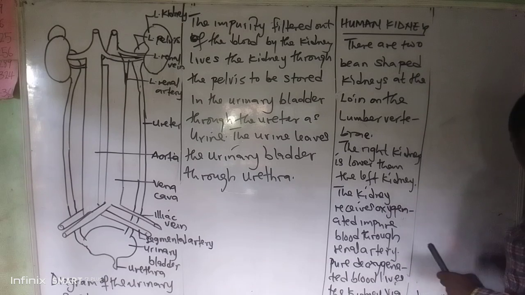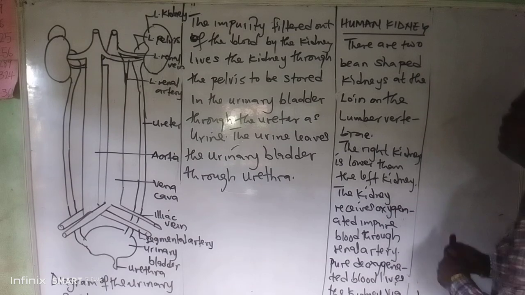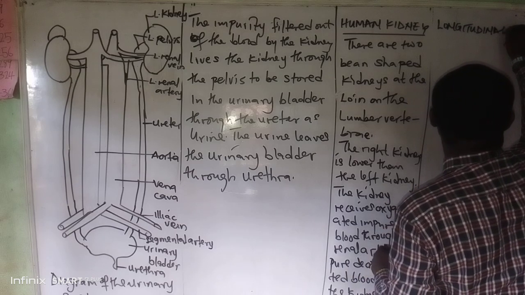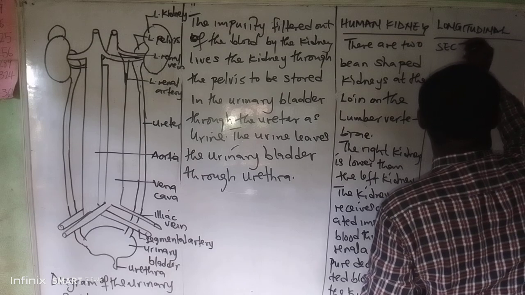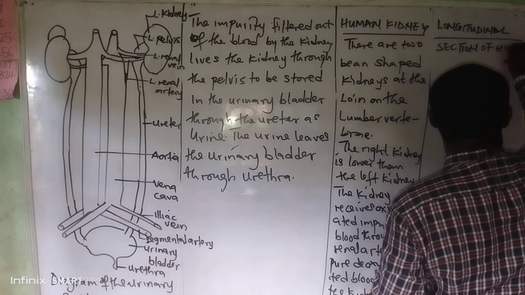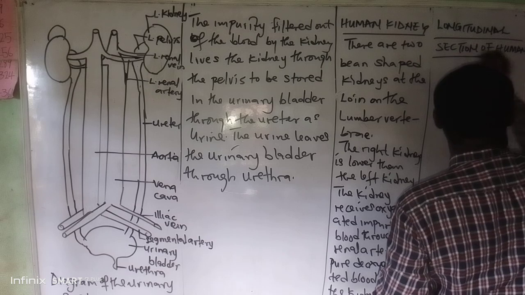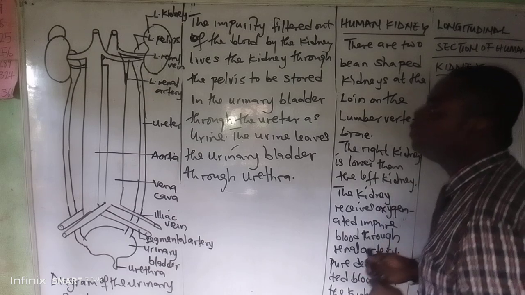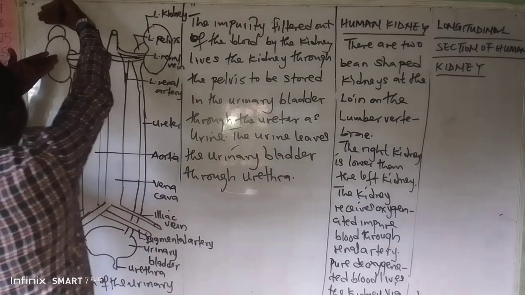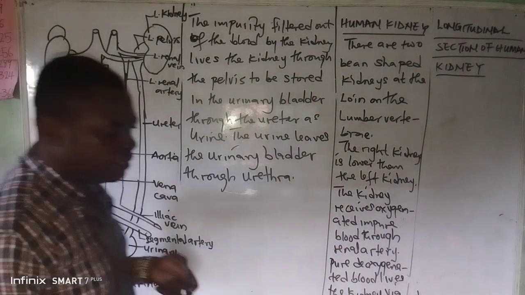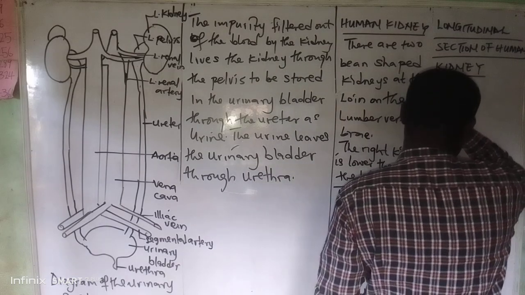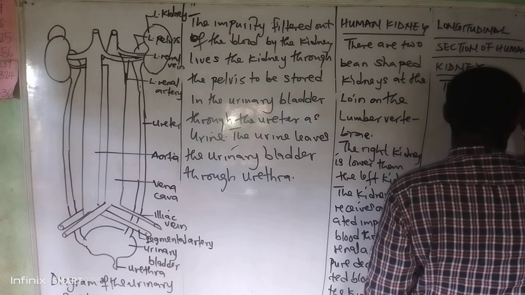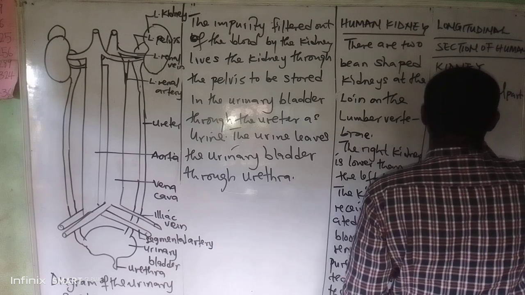Let's now look at the diagram of the longitudinal section of the human kidney. When we say longitudinal section, we mean when each of the kidneys is cut like this to open so that you can see the inside. So the internal part of the human kidney